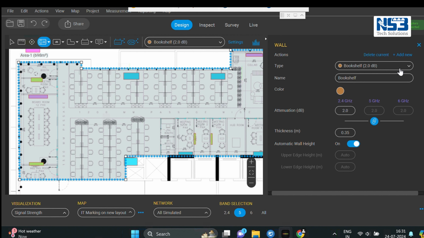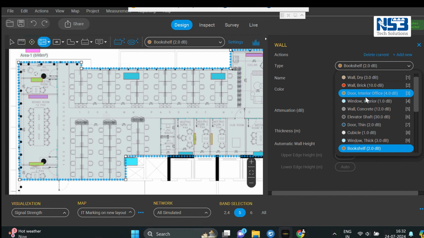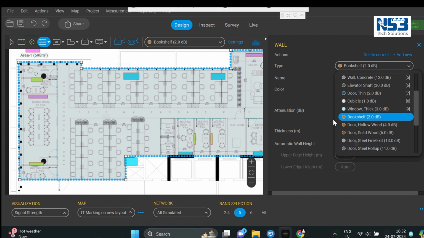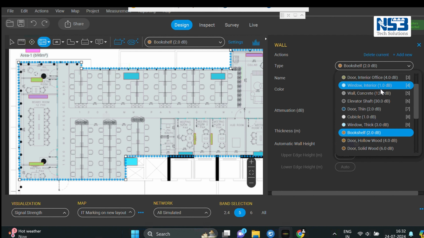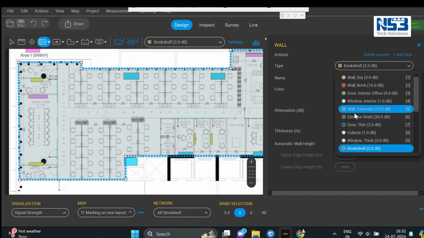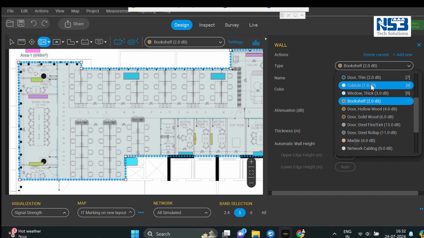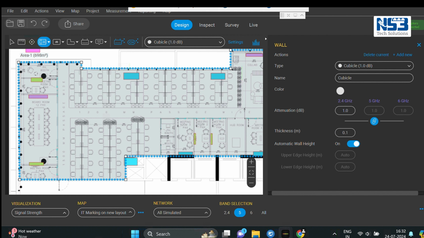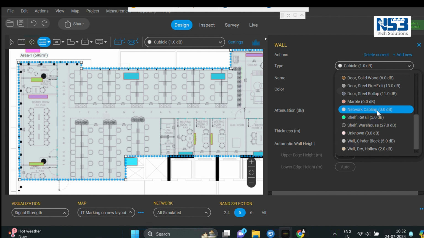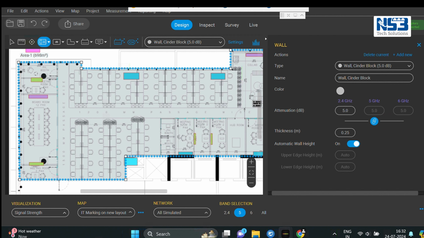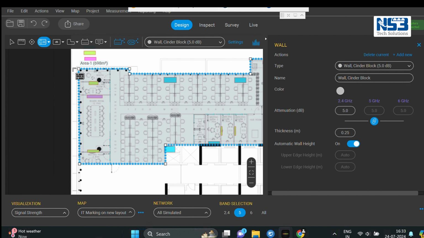We usually have glass partition and drywall partition in the corporate offices. However, if you have a concrete partition, you can select that as well. So here we have wall bricks, and lots of options are available in Ekahau. In this particular area, we will seal all the boundaries with the cinder block wall.